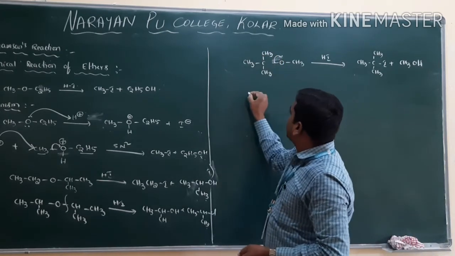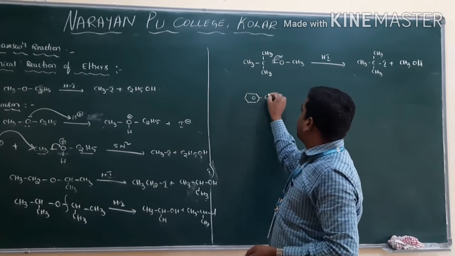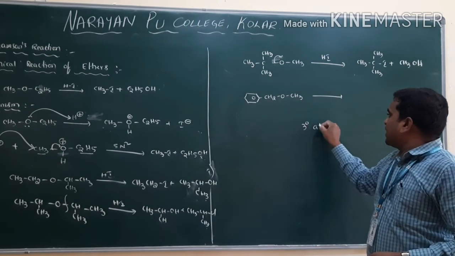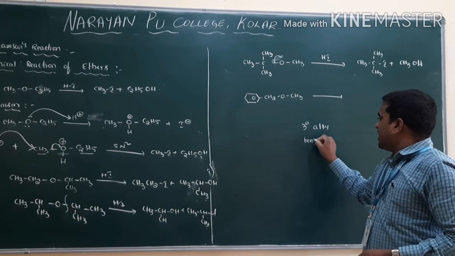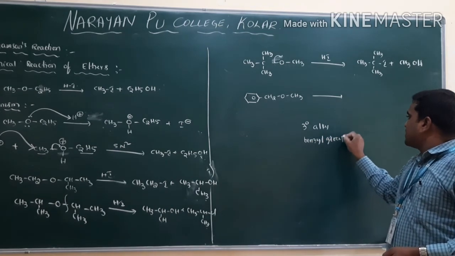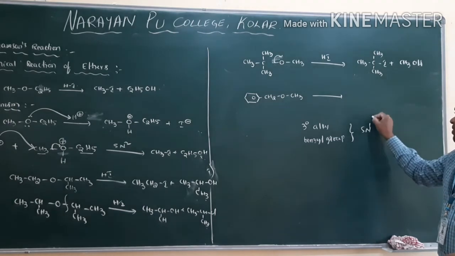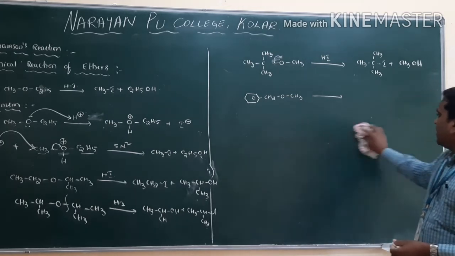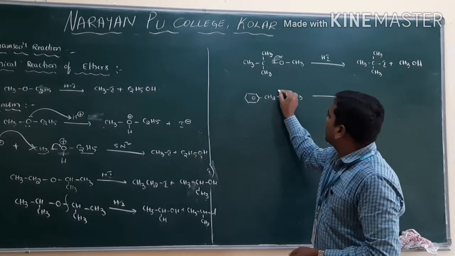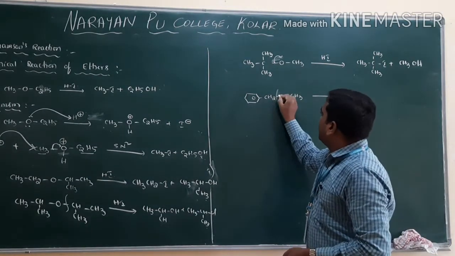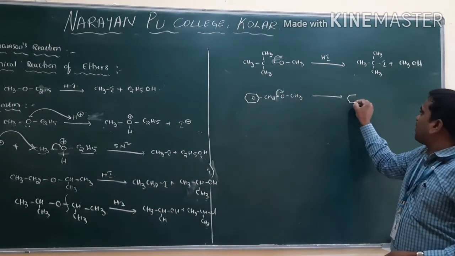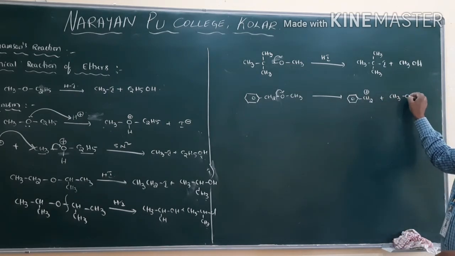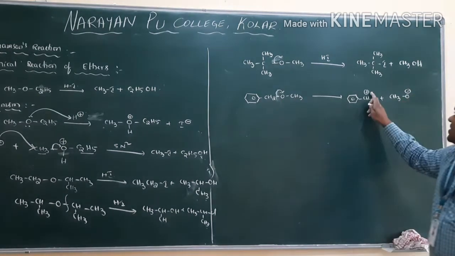Whenever the group is tertiary or a benzyl group is present, I forgot to mention that earlier. I mentioned the tertiary alkyl group, and another one is benzyl. Benzyl groups always follow which mechanism? SN1. They follow the SN1 mechanism. Now in this case, see, the bond breaks here. Why? Because if this bond breaks, you will get C6H5CH2 plus and CH3O minus, and here the benzyl carbocation